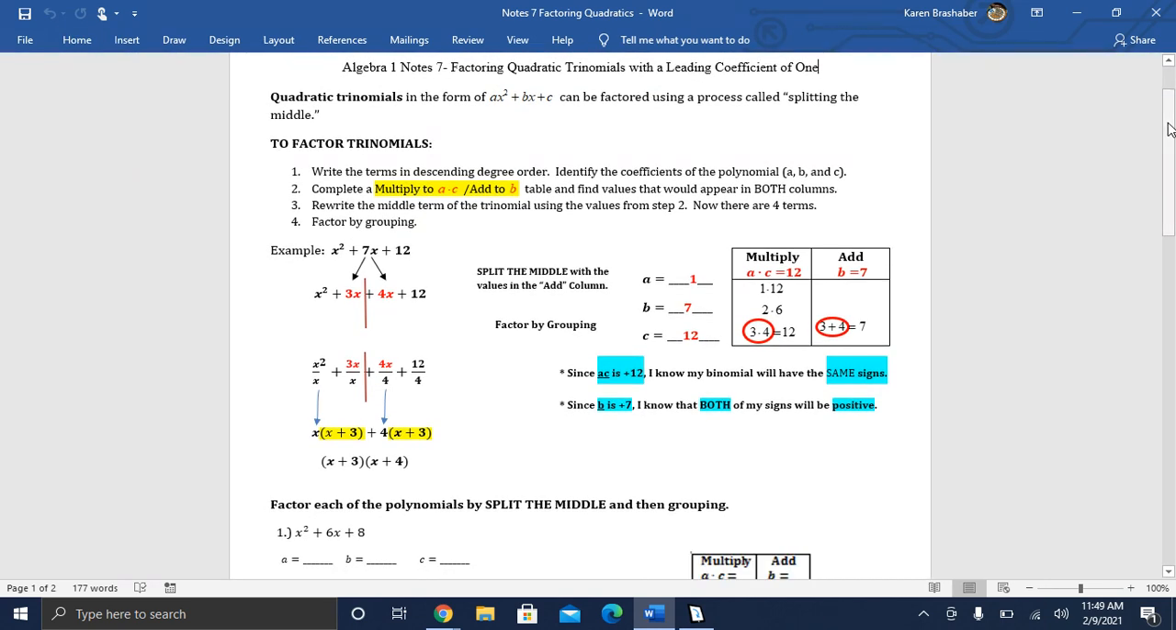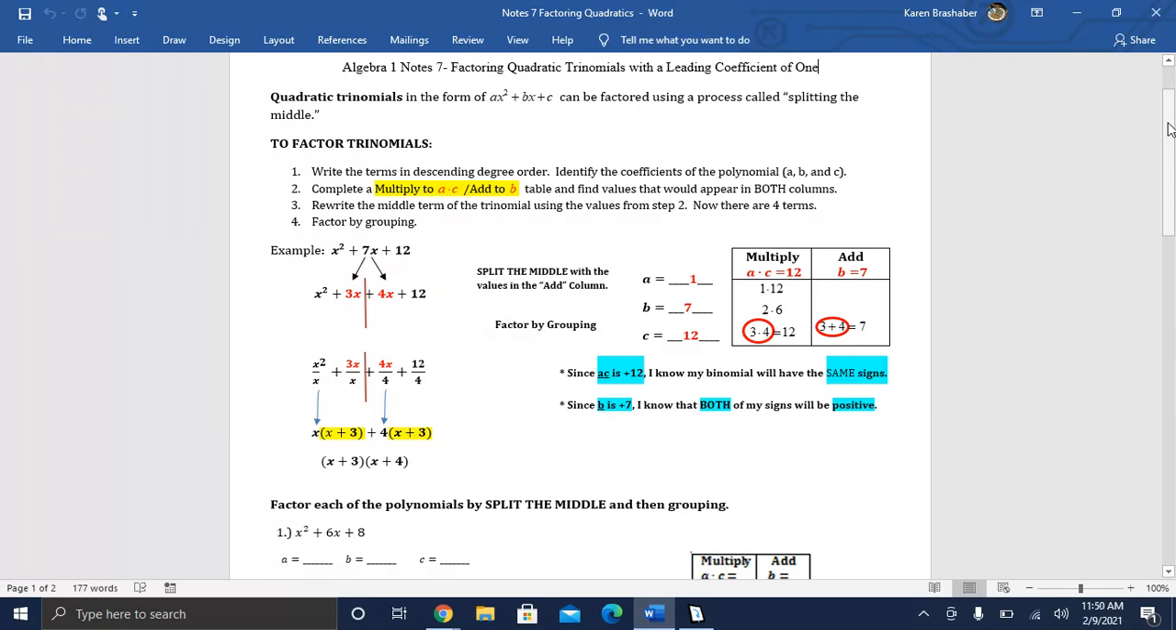Today we are going to be working on another type of factoring, and it's related to distributive and it's related to grouping. This is a process called splitting the middle, and it's when we have trinomials that are written in order: Ax squared, so we want the x squared term first, plus bx, the x term second, and then plus c. And what you'll notice is that this is a trinomial, and we are actually going to take